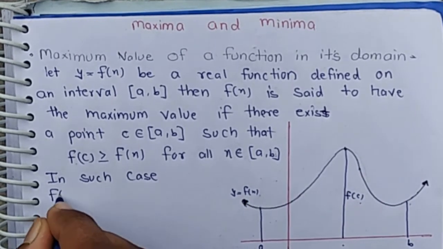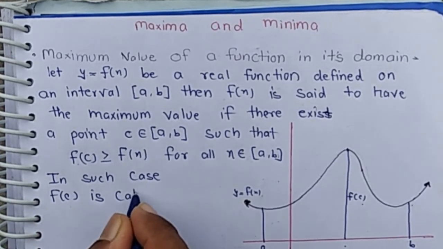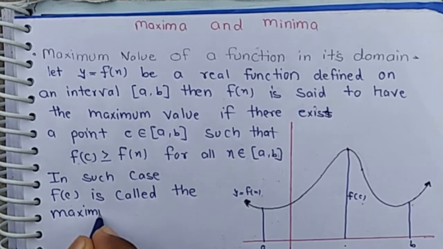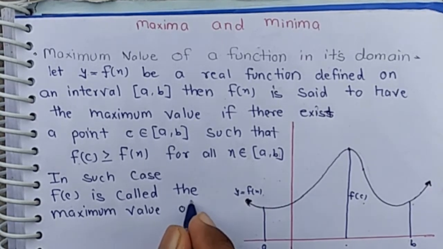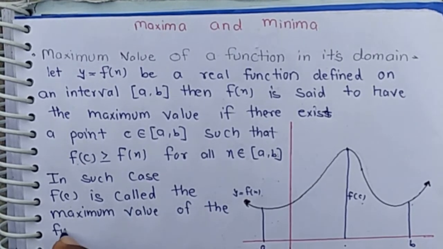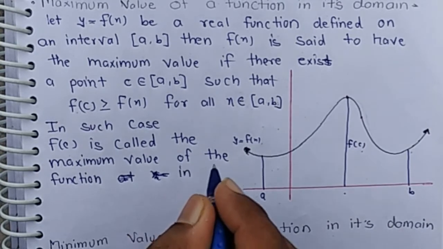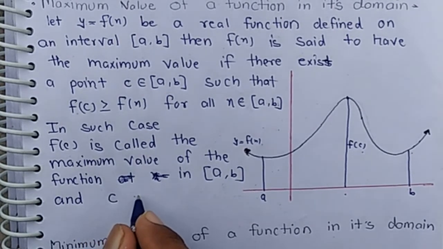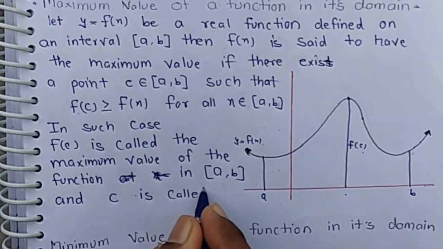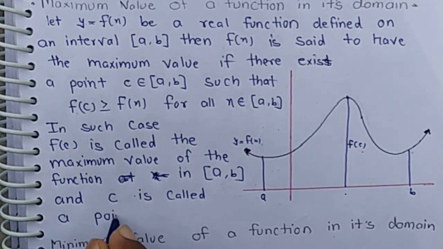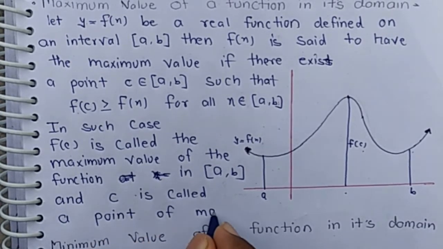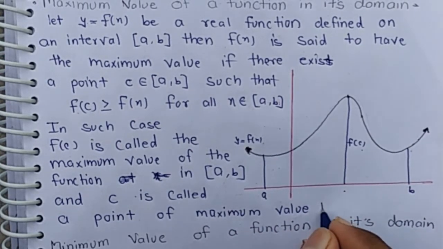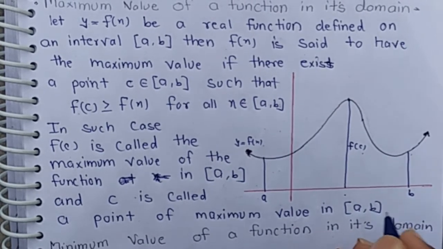In such case, f(c) is called the maximum value of the function of [a, b], and c is called a point of maximum value in [a, b], and a point of maxima means